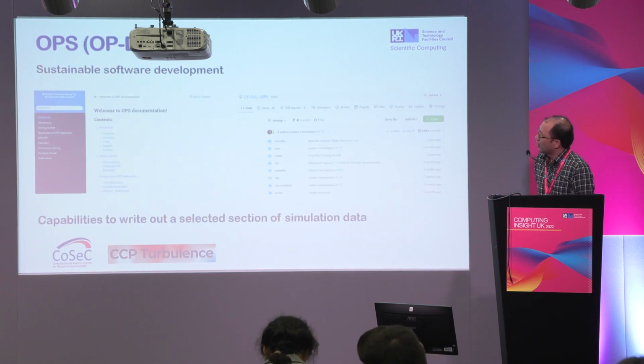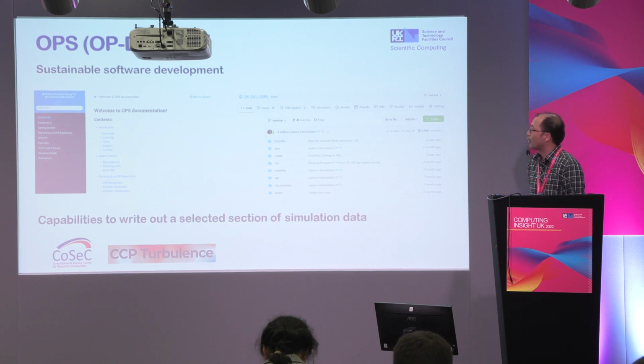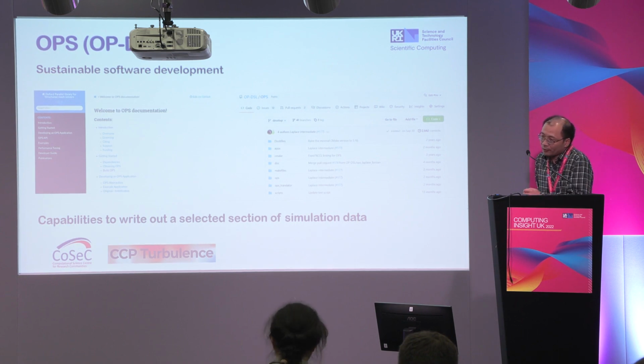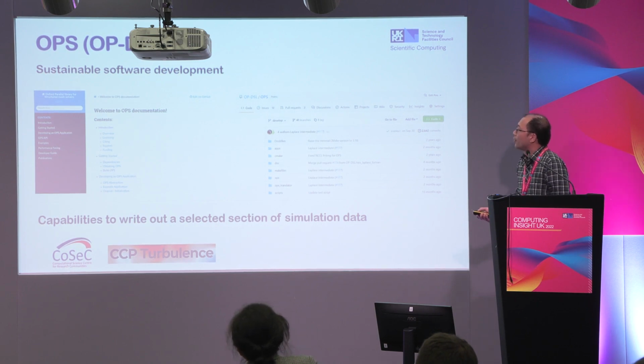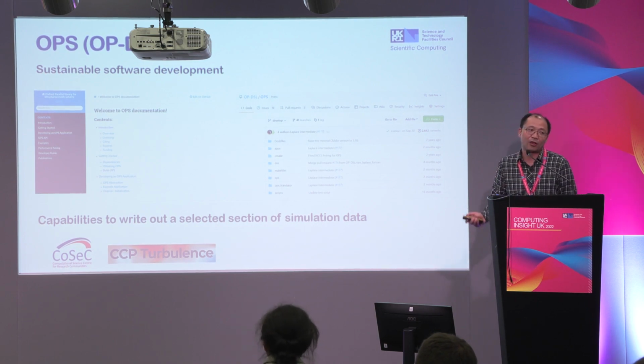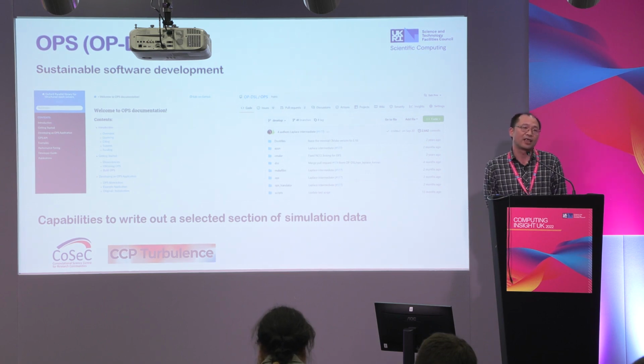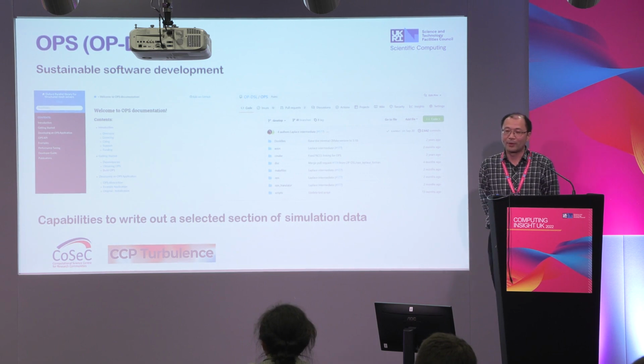So in terms of OPDSL, currently an important piece of work we are doing is trying to promote sustainable software development. This kind of approach is very important for any software engineering project. For this purpose, we developed a documentation system for the library, which can help users to learn the code and also help developers to understand the structure of the code and the principles we need to follow for code development.